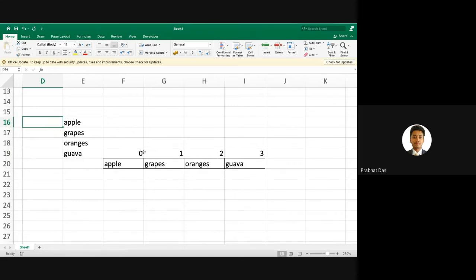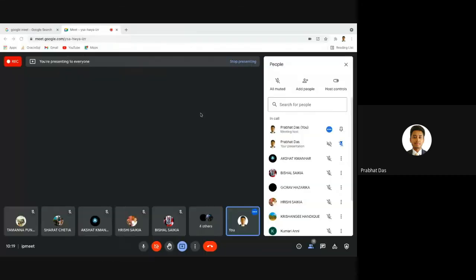We cannot have the index numbers abruptly. Let's say for this we have 0, and suddenly you want to have 10 for this. That is not possible. For every item there will be a corresponding index value or index number associated with it. So how exactly do the values get stored in the list? Let us try to understand.